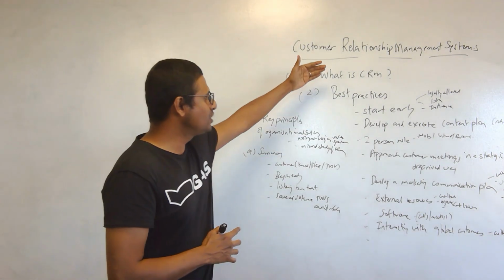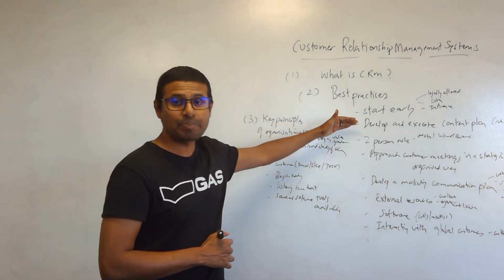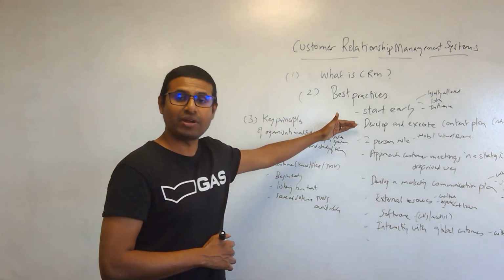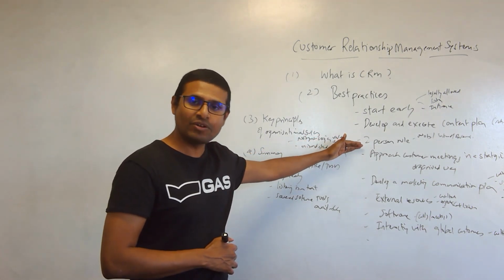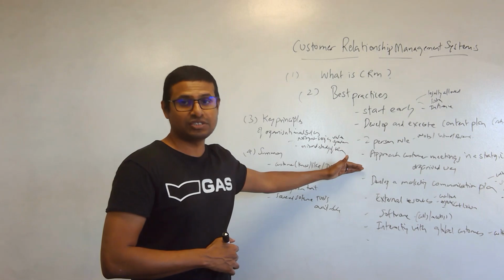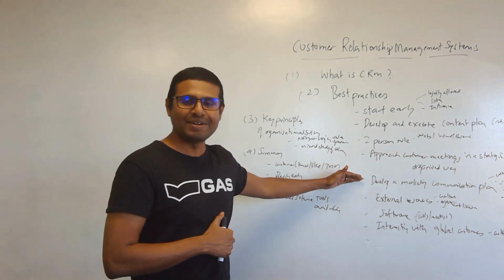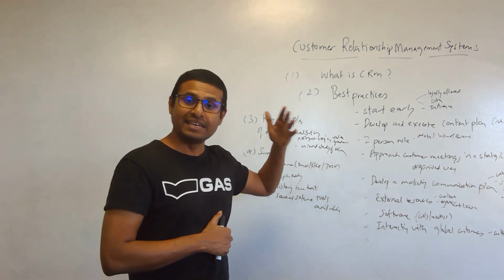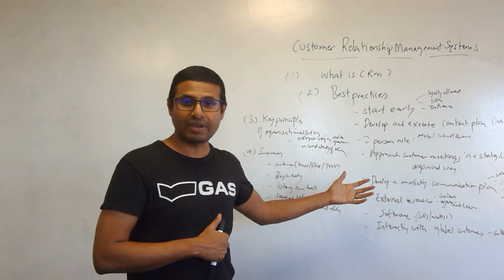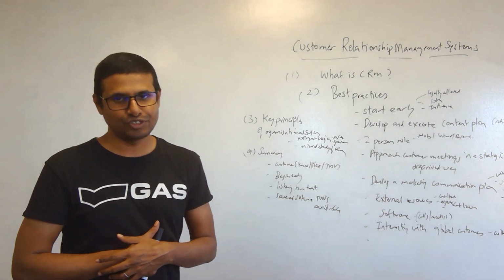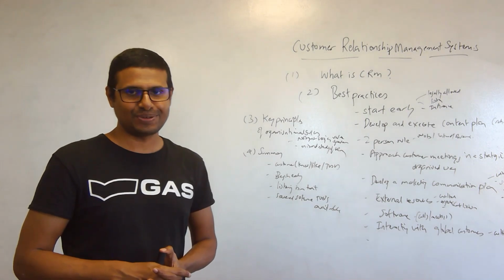So very quickly, the best practices: start early. Develop your content plan. From the content plan, build up your marketing communication plan. From then on, decide your 2% rule. It's pretty important to have a 2%. That's the approach. From there, move into the external resources if required, and also the software. Finally, understand the cultural impact of how the whole communication is going to work for you.